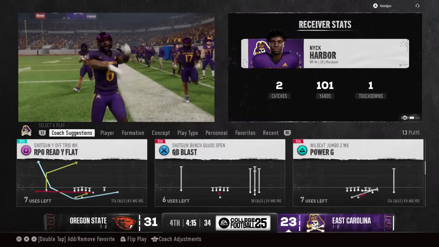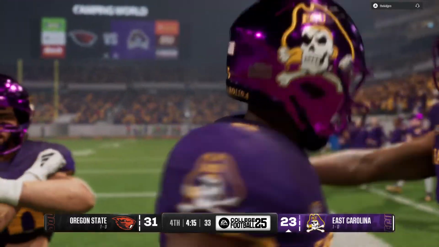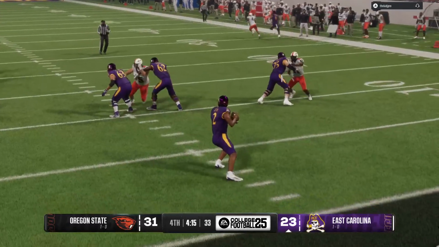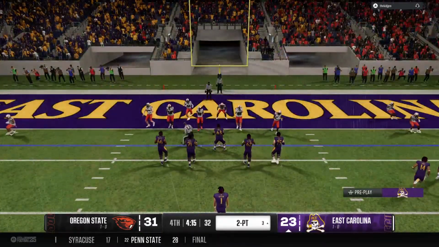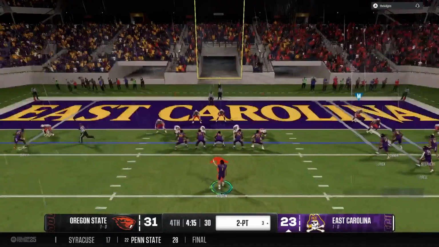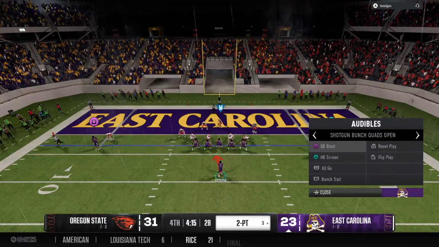Well, I know it's early this season, but it's obvious already. This guy is a major weapon in this offense. Had 2 touchdowns in his first game. He's now on the board right now. What a difference maker and a playmaker he's going to be this season for this offense.